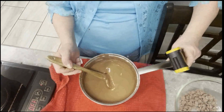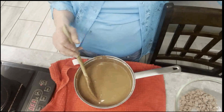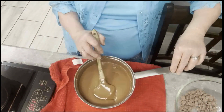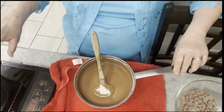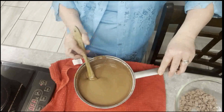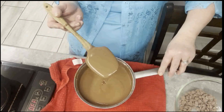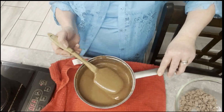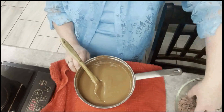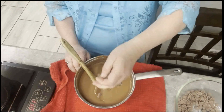Okay, so we're at 104 degrees and that is the highest we wanted to heat our milk chocolate. Don't be impatient and turn your heat up. Keep it low and slow and just keep stirring it. When your buttons are melted and you get a nice shiny gloss like this, you check your temperature. It says 104, take it off of that water, dry off your pan, and then we start adding the seeds